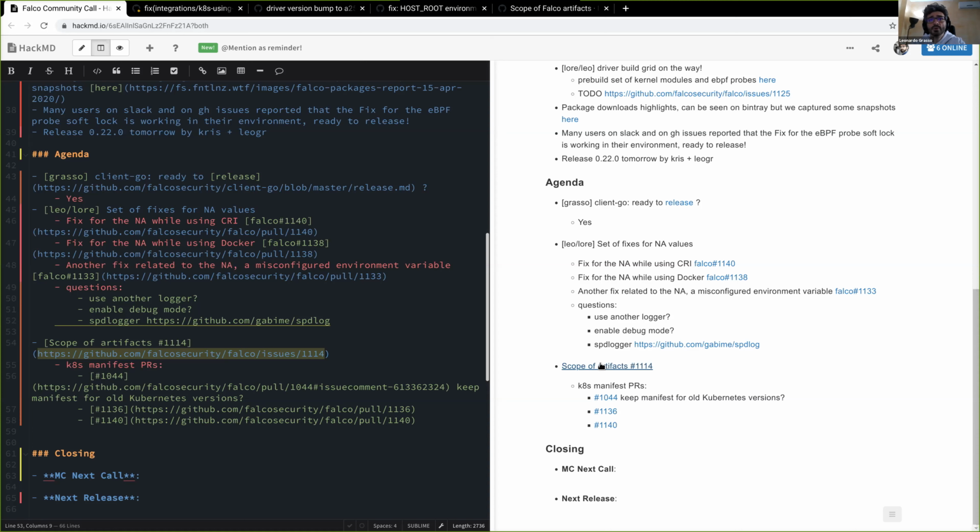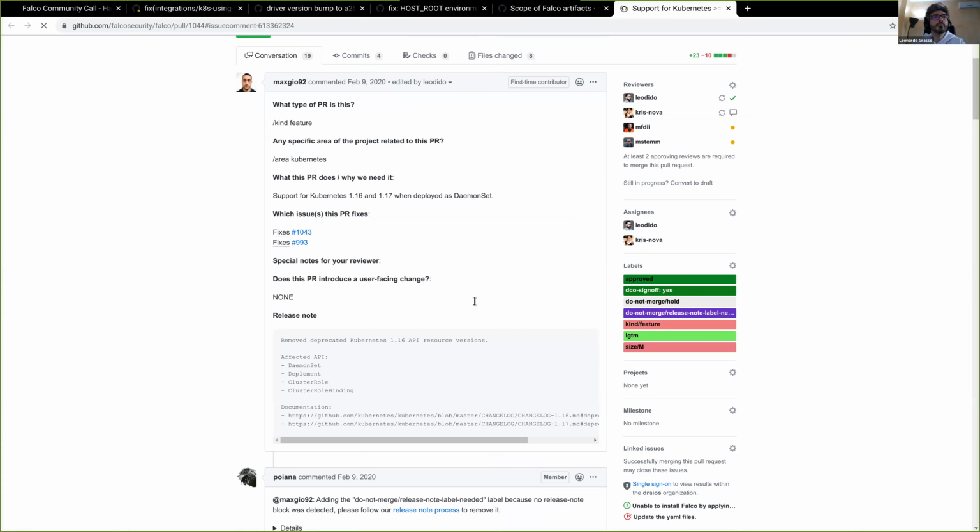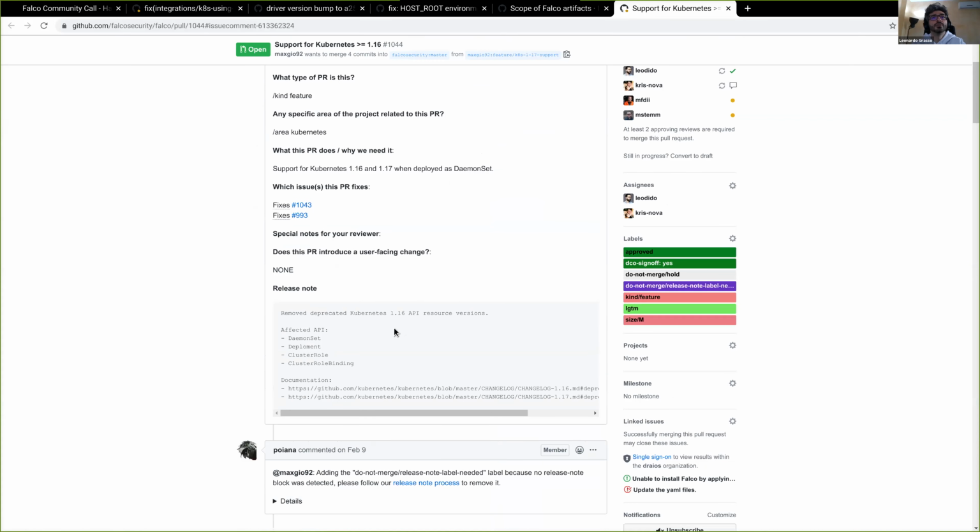For example, there is this pull request with a very long discussion about removing the deprecated Kubernetes API.